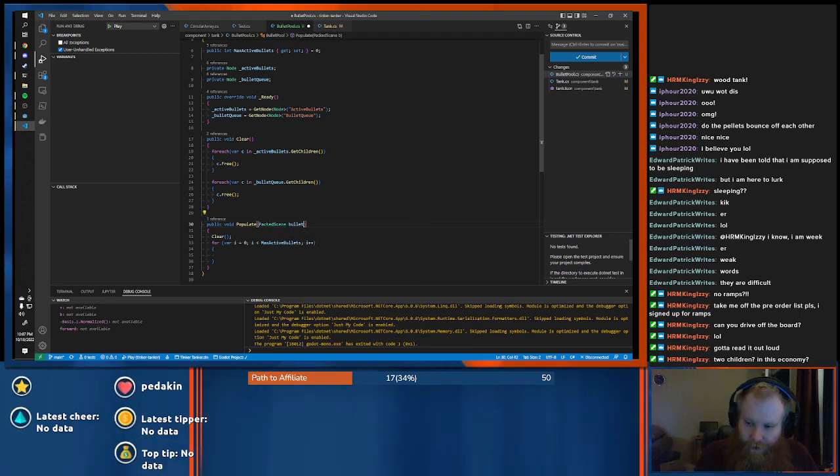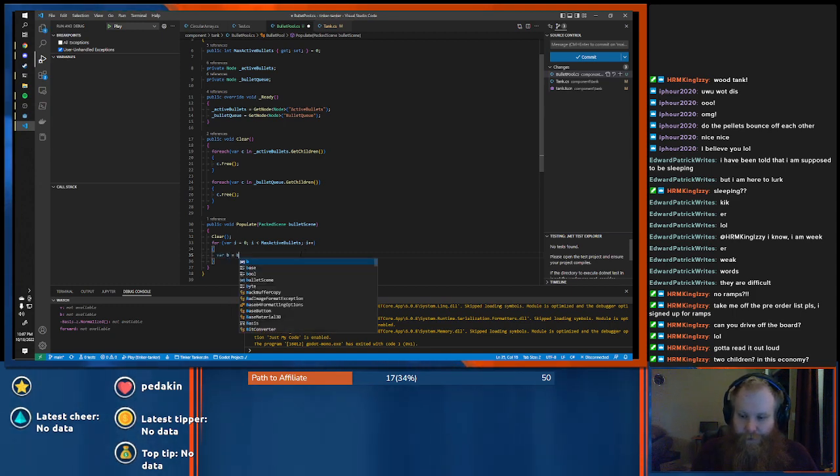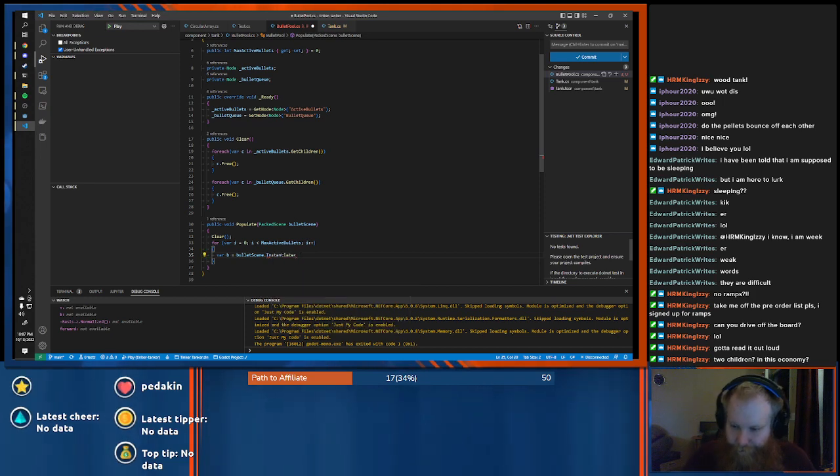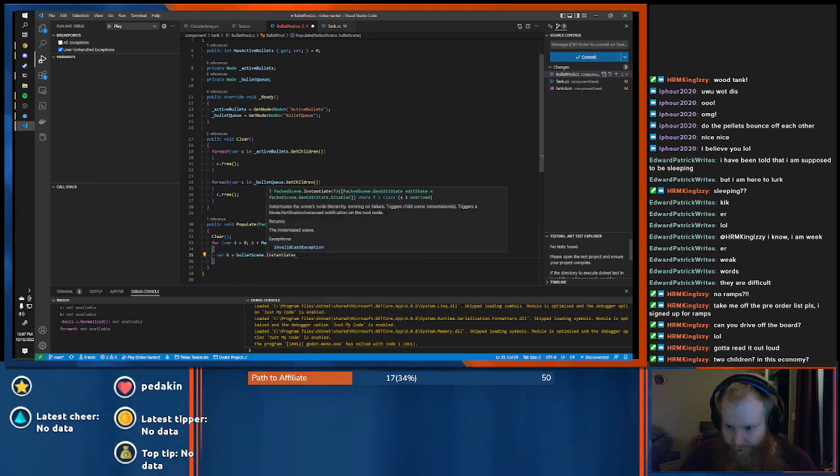Bullet scene. And we are going to do var b equals bullet scene dot instantiate. Instantiates the scene, returns null on failure.